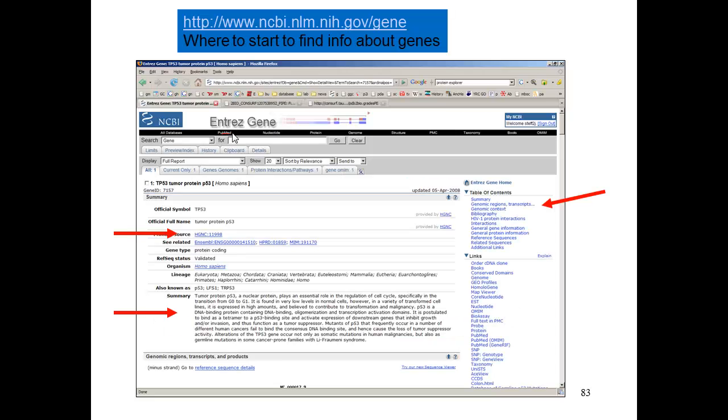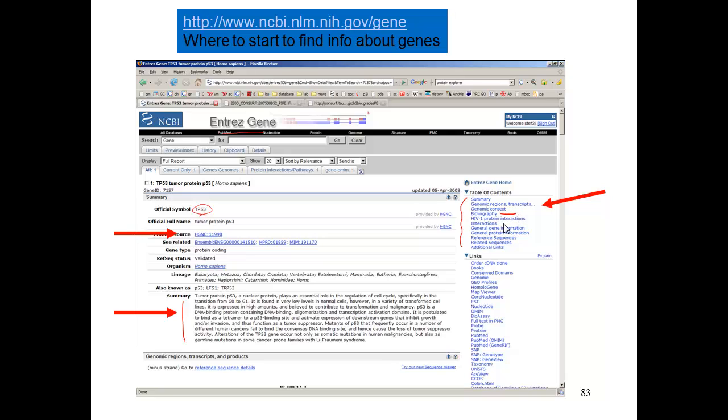EntrezGene is the primary NIH repository of gene information. We enter search terms such as gene symbols or names of genes or numerical identifiers. We get a long list of information as summarized here on the table of contents. Very useful is a brief summary, a paragraph of each protein, what's known about its function. We won't go through it here, but things that were very useful is there is gene-specific literature present on the